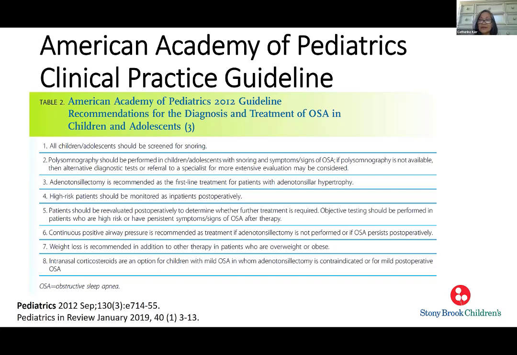Adenotonsillectomy is still the recommended first line of treatment. There are high-risk patients that should be monitored as inpatients post-operatively. We'll identify them. And patients should be re-evaluated post-operatively to determine when further treatment is required. So objective testing should be performed for those who have indications. It doesn't mean that when you do a pre-operative sleep study you have to have a post-operative study, but there are, of course, high-risk patients or those with persistent symptoms that you need to consider